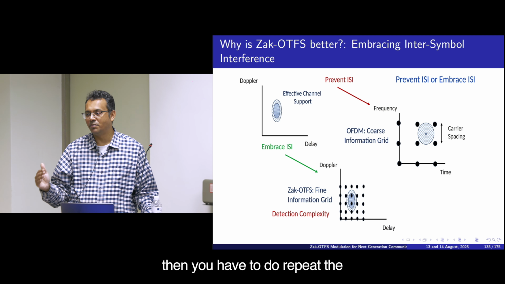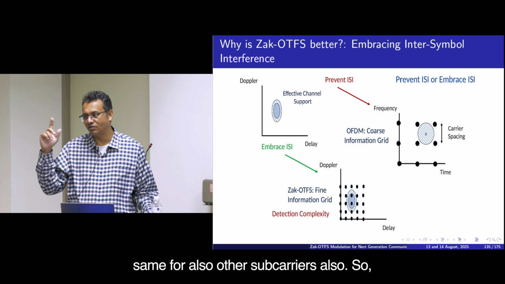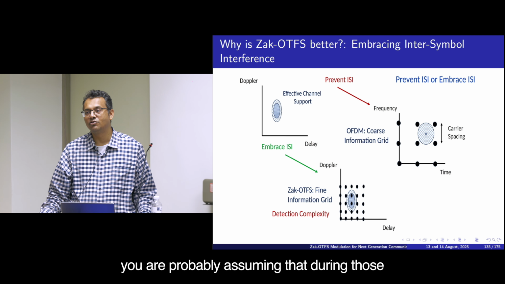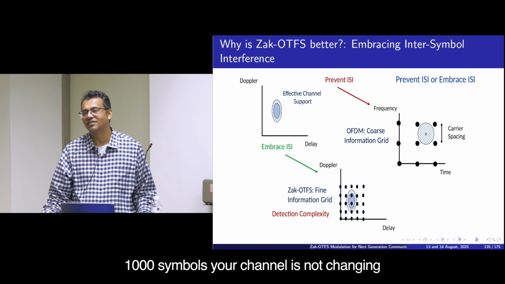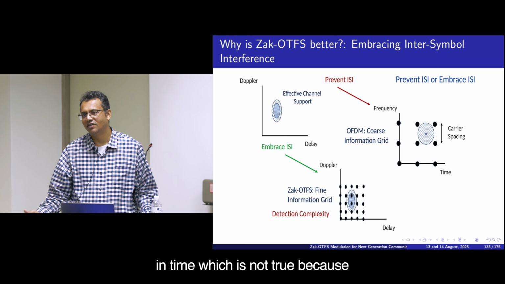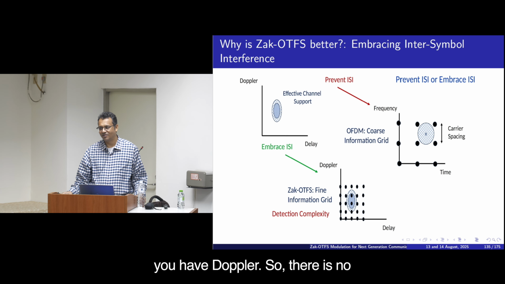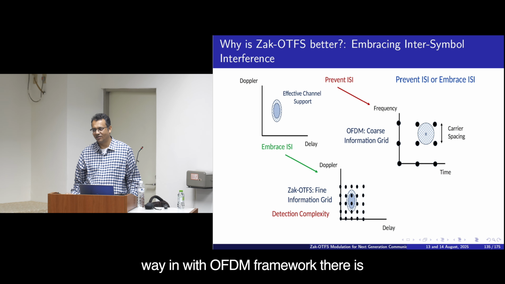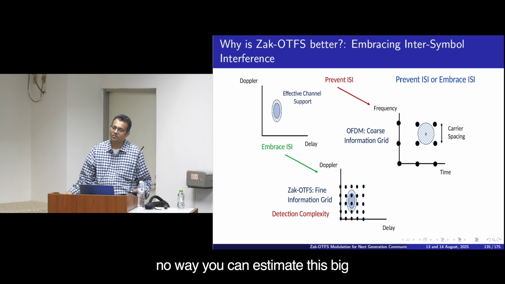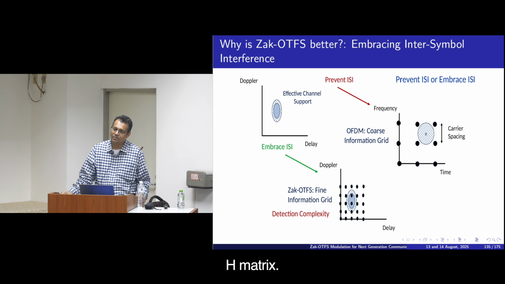But then you have to repeat the same for all other subcarriers also. So you will need 1000 symbols, and then you are assuming that during those 1000 symbols your channel is not changing in time, which is not true, because you have Doppler. So there is no way with the OFDM framework that you can estimate this big H matrix,